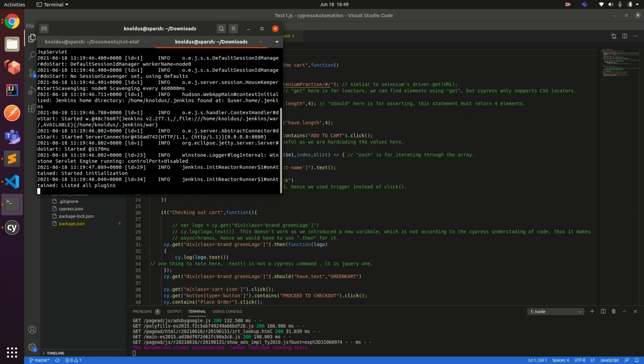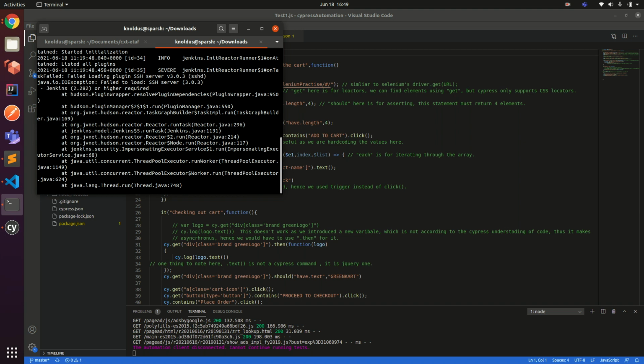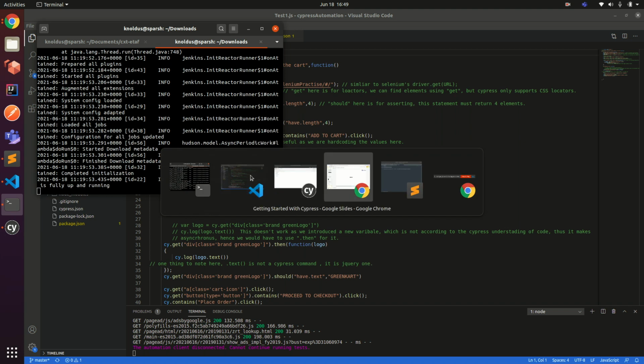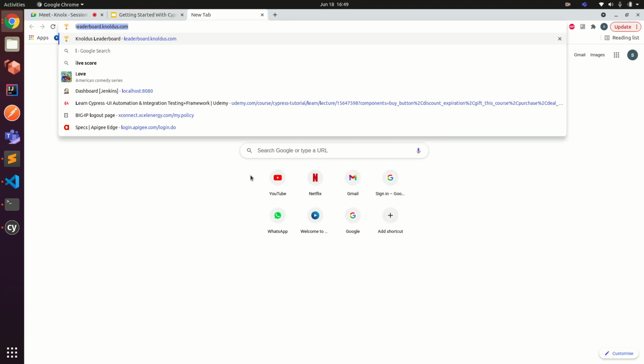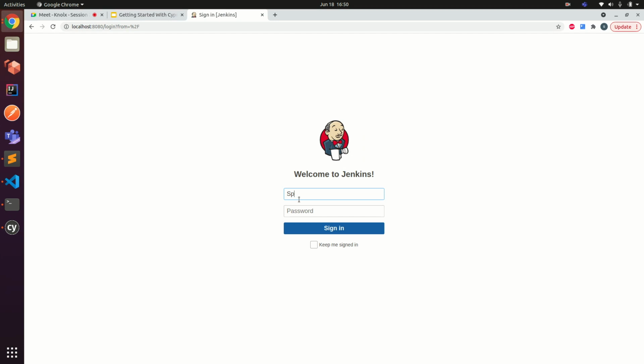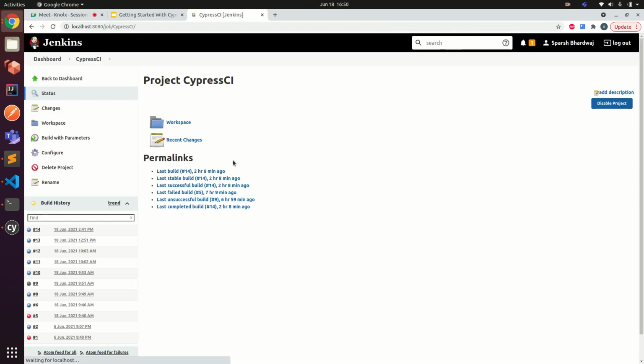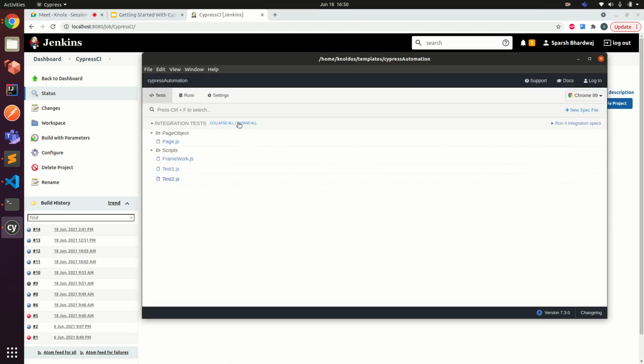I have already integrated my test with the Jenkins pipeline. So let me show you. First, about the dashboard.